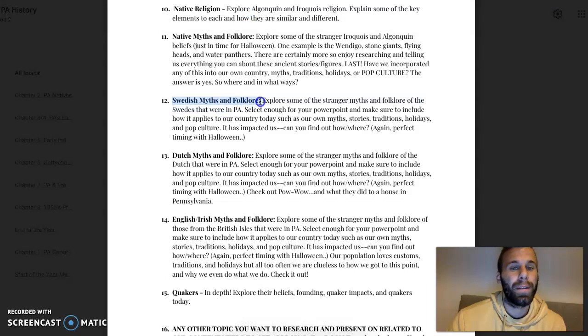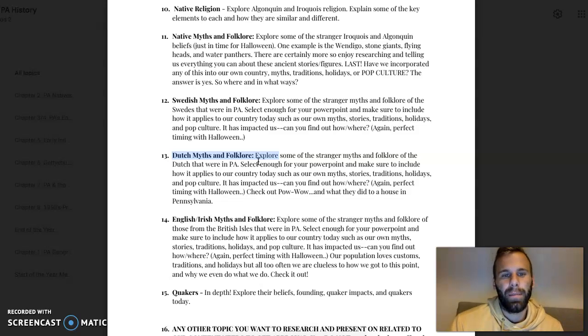You also have Swedish myths and folklore. They are always finding stuff in Pennsylvania that is tied to this. Same thing with the Dutch. Remember, the Dutch people in Pennsylvania when they were setting up, they were in Swannendale. They had New Netherlands, and they moved down